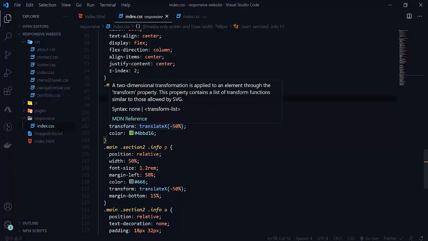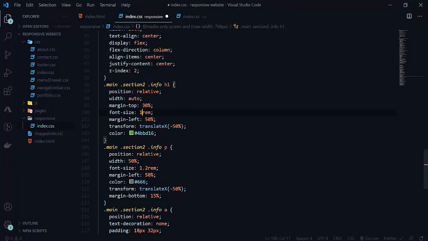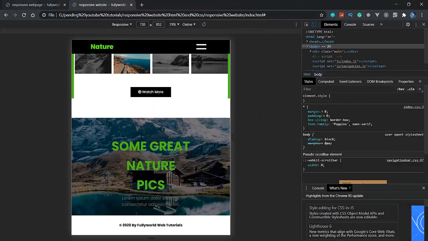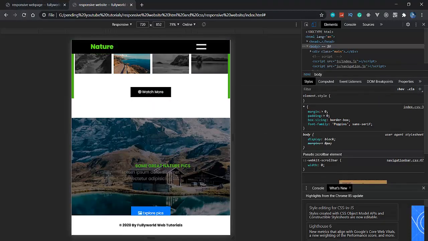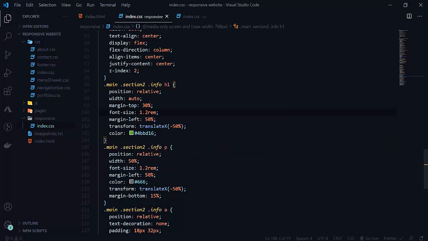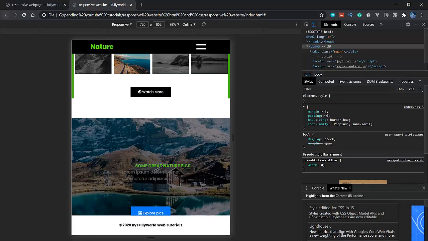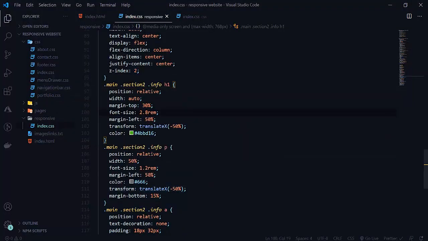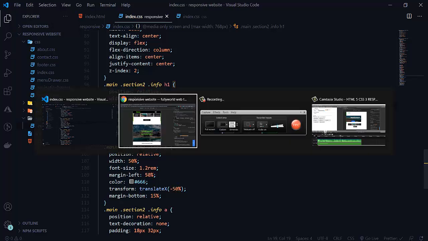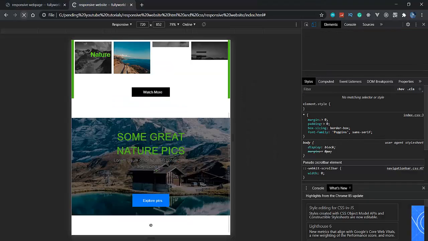Now let's change its size to 1.2 REM. It is looking good. 1.2 REM is very good. So let it be 2.8 REM. 2.8 REM is looking good here. So margin top we want 0. Just we want margin top to be 2%. 2% is good margin top. See that? Now it is looking good.